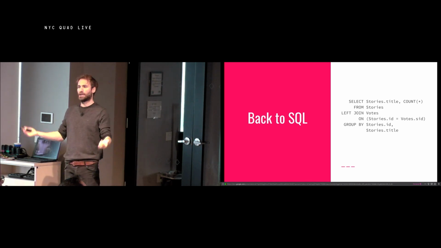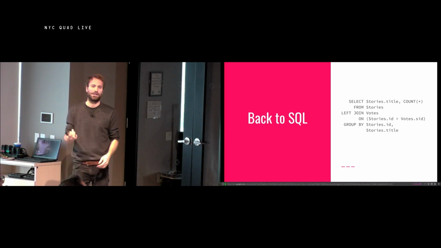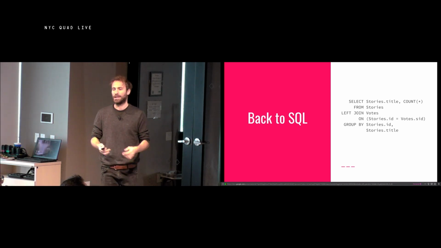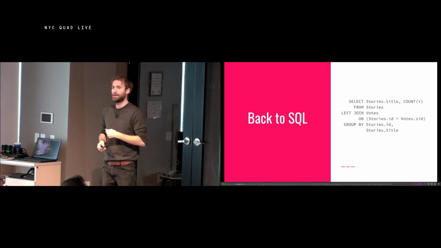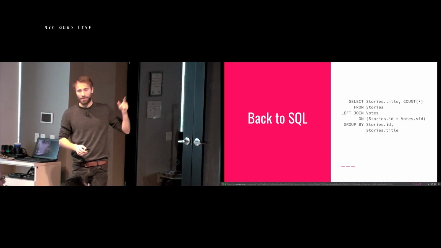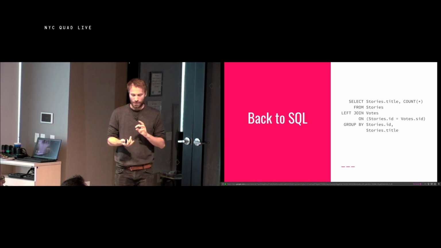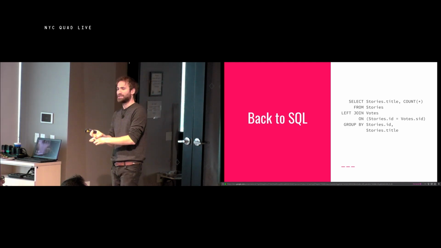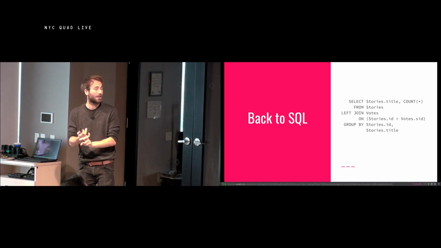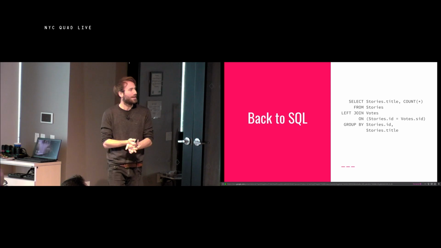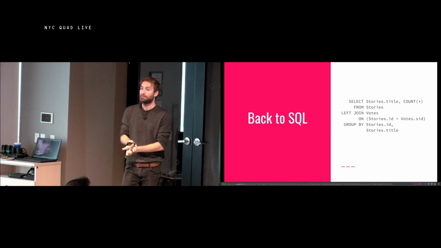You're just counting the number of votes for a thing. It happens in Reddit, it happens in Hacker News, it happens in Lobsters, it happens in all sorts of websites that do this. So what we did was we took this exact query and we ran it on MySQL. We ran it on System Z, which is a database system I can't name because they have a benchmarking clause. We ran it against pure memcached.